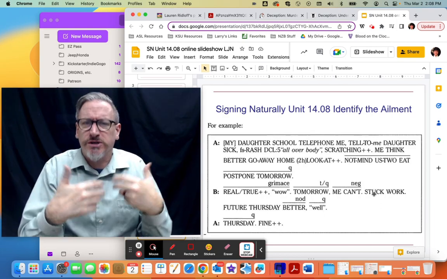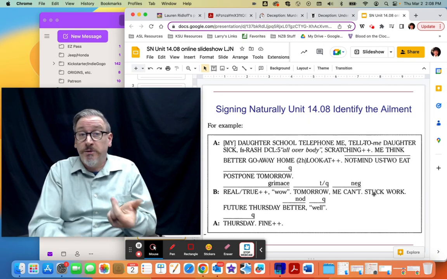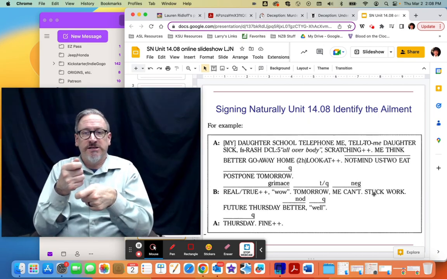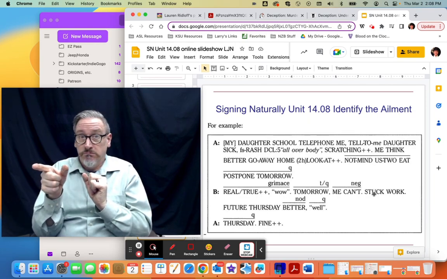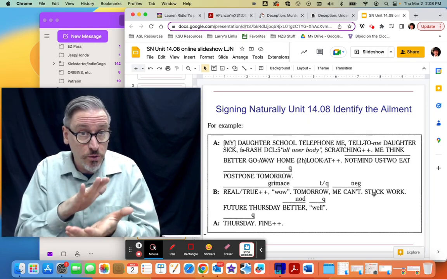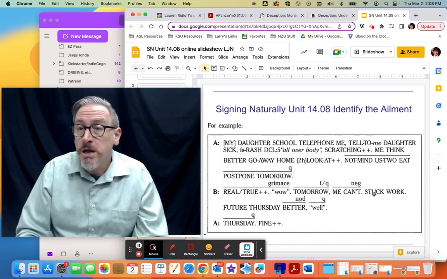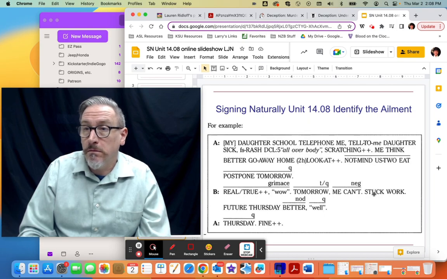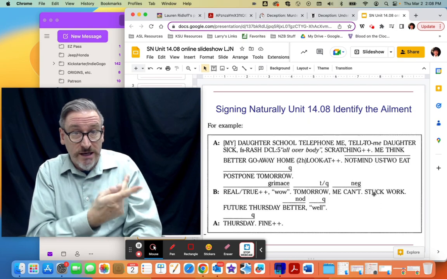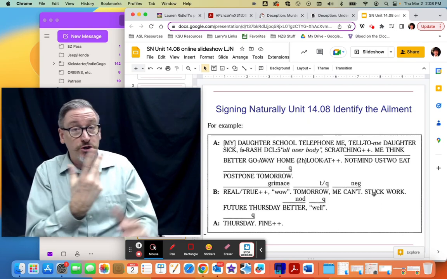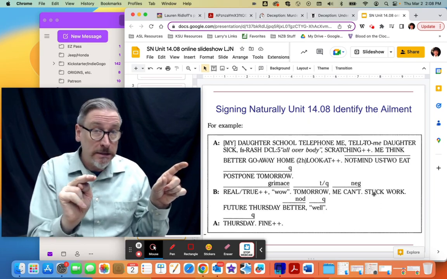Hopefully, once you start signing it, it'll feel a little bit more natural. The other thing with these is a really good practice is to switch out little things, like, is it your son's school? Is it your son's job that called you? Changing we to eat, change it to we to go out or go to Hamilton, right?